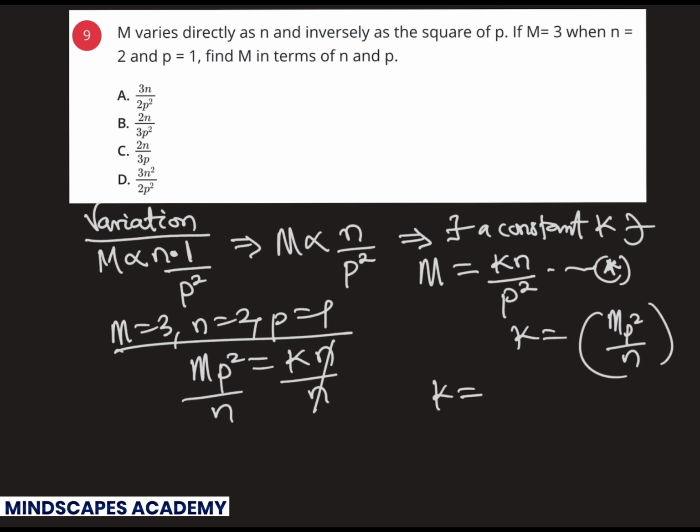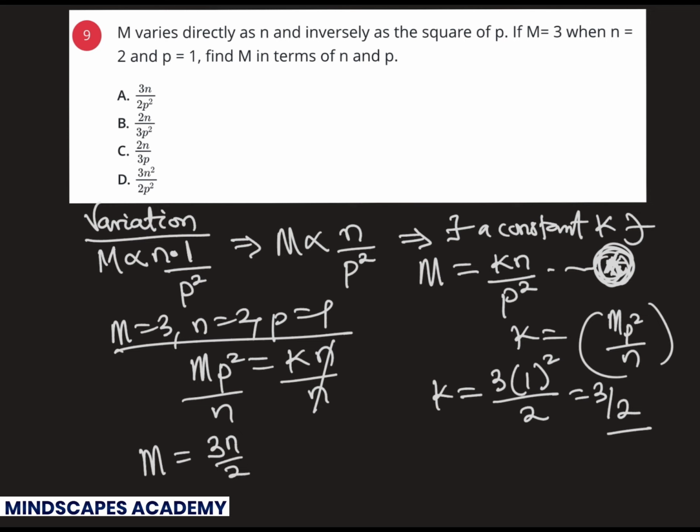Now you can substitute your values. M is 3, P is 1, squared, divided by N, which is 2. So that shows your K is 3 times 1 over 2. So K is 3 over 2. Then you substitute that here. So M, you substitute your K in this equation star. K is 3 over 2, N. So that is 3N over 2 divided by P squared, which is the same thing as 3N over 2 times